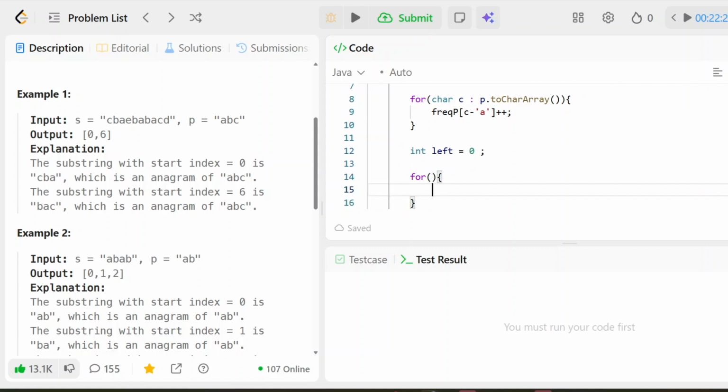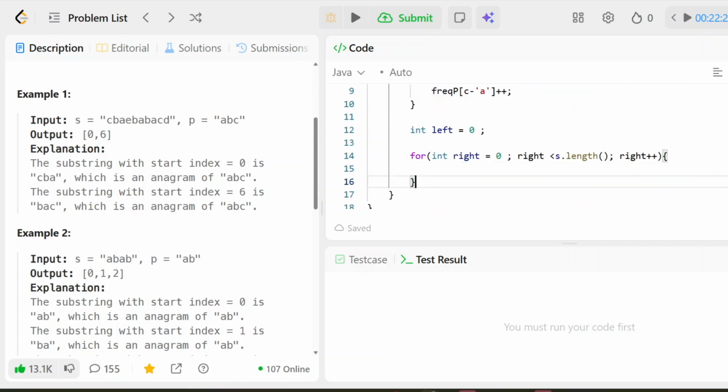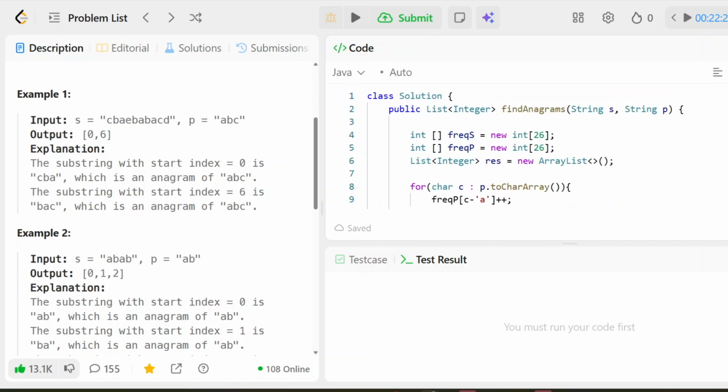And then we have our loop. Let's call it right, equal to 0, while it is less than s.length, because that's the string that we're looping on, right plus plus. Now that we have that, we now just start adding stuff to our window. I think that's what's left now. Char c is equal to s.charAt at the right pointer. We capture that thing, and since we're using this one,